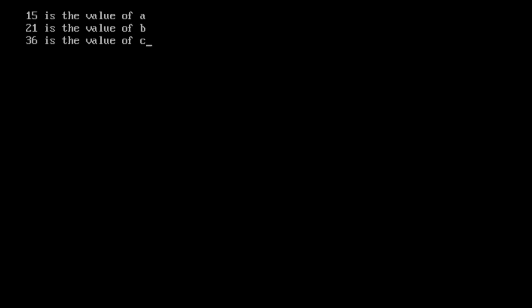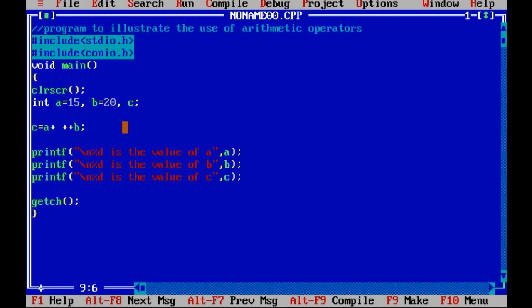Now it is pre-increment. That means the value of B is increased to 21, and it is assigned to C, that is A plus B. So the answer here is 36 instead of 35. So remember, pre means first it will add to the value of B and then it will do the addition. And post means